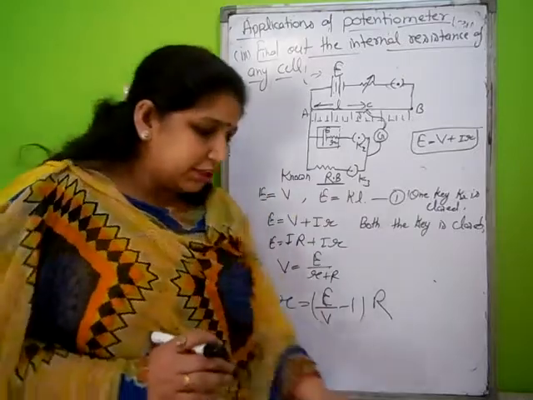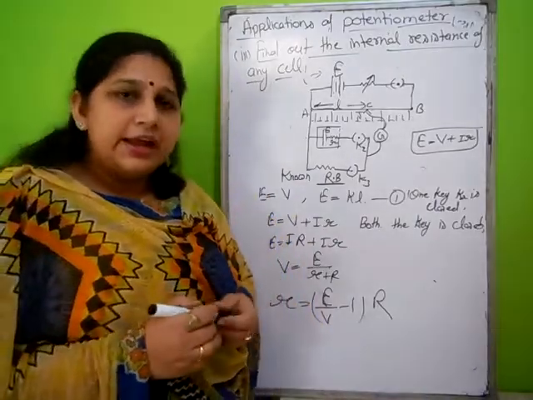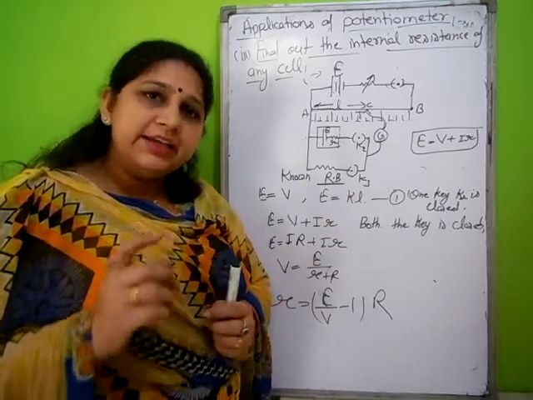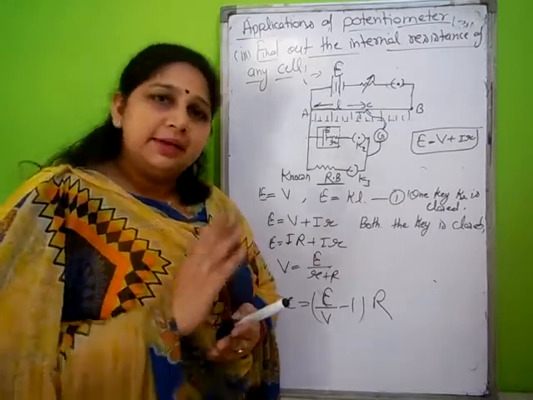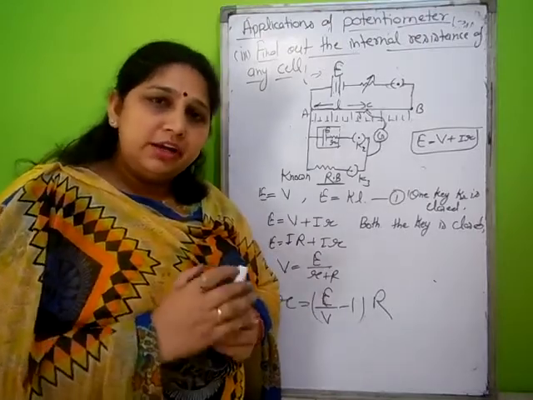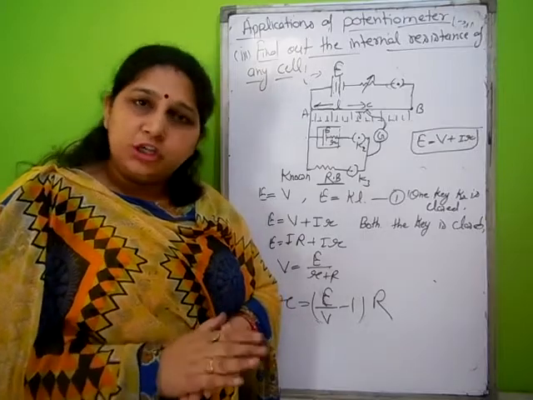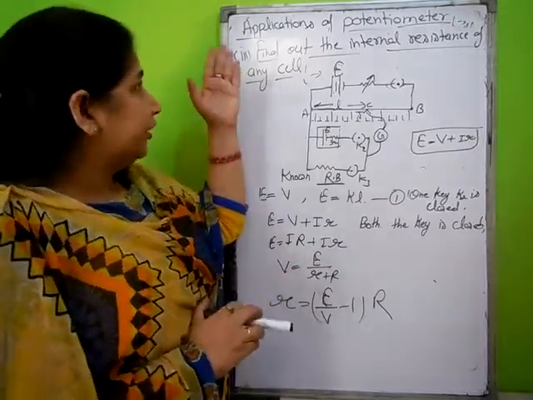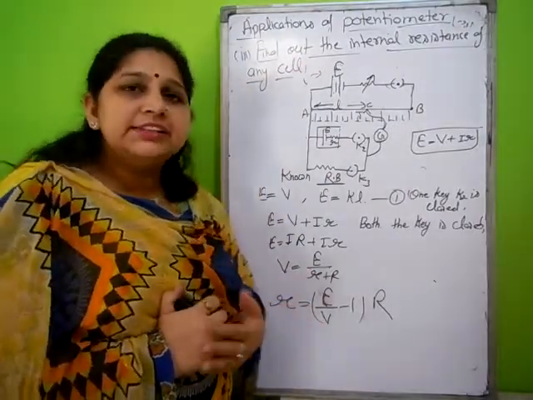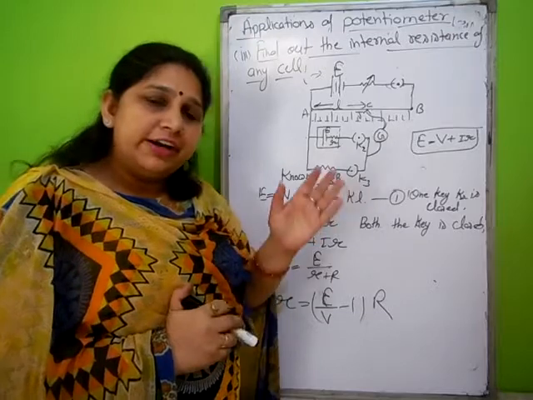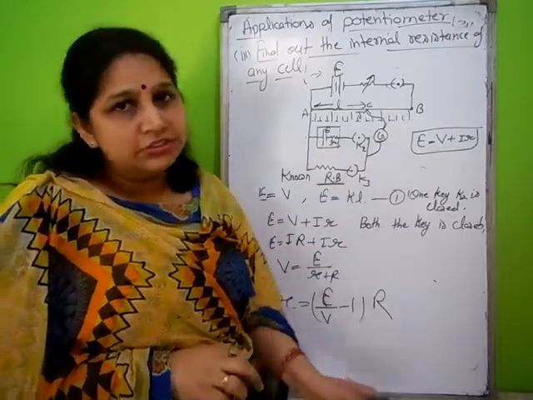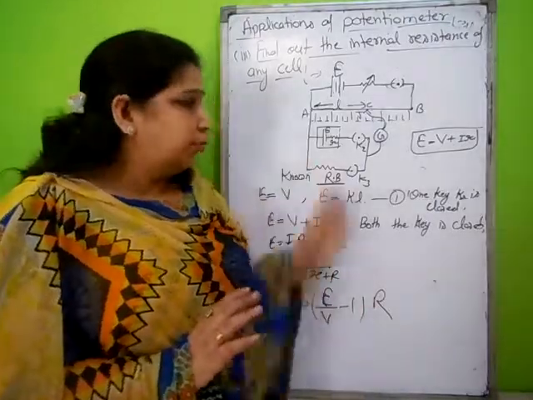These three are the applications of the potentiometer, as a voltmeter is more convenient to use, and it gives the near result as the potential across any conductor. So we use the potentiometer instead of a voltmeter, but the potentiometer gives the exact result, and the potentiometer has these three applications, to find out the internal resistance of a cell and to find out the EMF of a cell. That's all about the potentiometer.